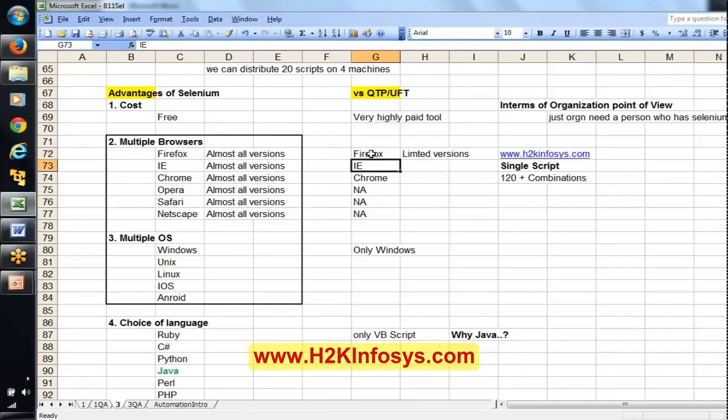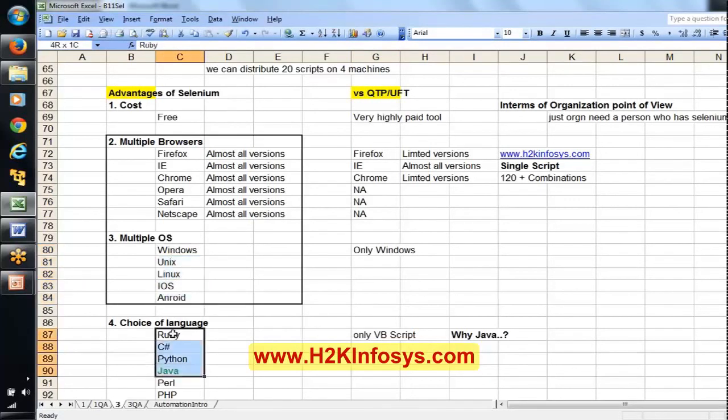Here it supports Internet Explorer. Of course, QTP supports Internet Explorer, all the versions, and Google Chrome in limited versions, and it is not going to support Opera, Safari, Netscape in QTP. Coming to operating systems, it can work with only the Windows operating system, whereas Selenium is going to support these operating systems.